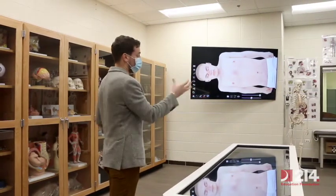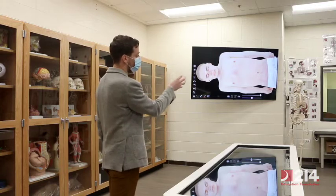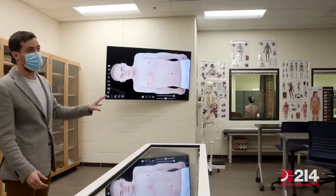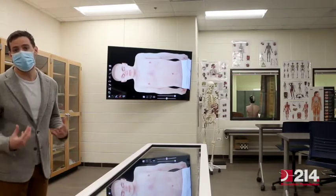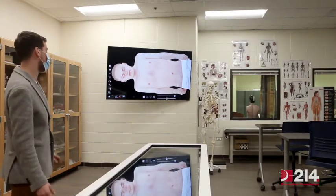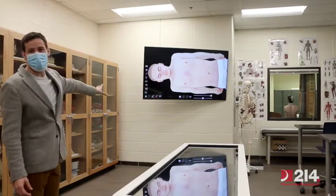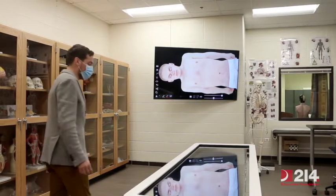Then over on this side, we have a setup as if we were in a hospital room. We have a bed there for assessments. We have some posters. We have a scale. Once again, all of this was made possible due to donations that we received here at Buffalo Grove. And then we have an awesome 70-inch TV on the wall here, where we're able to project